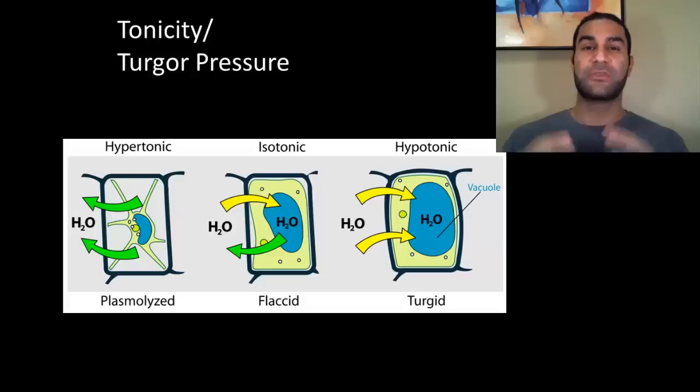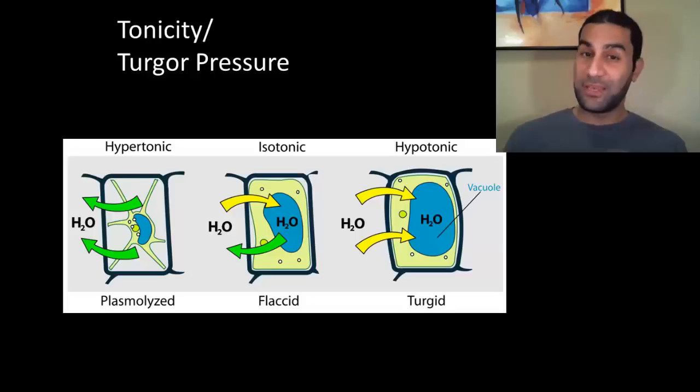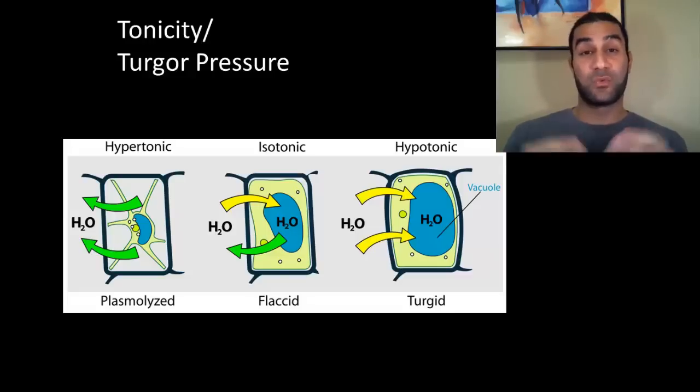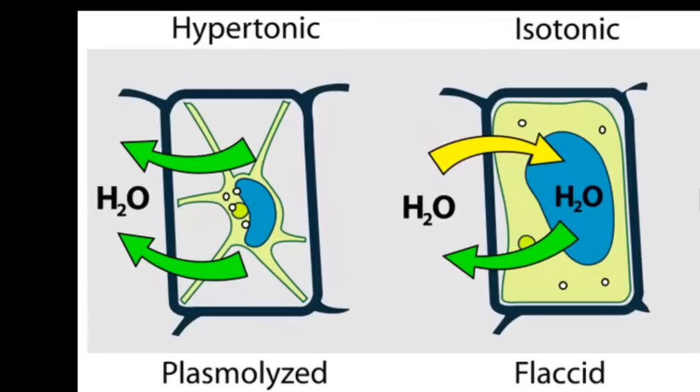Inside of every plant cell you have a large vacuole that's responsible for storing water. If there's plenty of water, the vacuoles fill up like a balloon, just like we talked about with red blood cells. If there's not a lot of water, they start to shrink because the water is being used up by the plant for photosynthesis. So if we're looking at a hypertonic solution, like what you see there on the left,